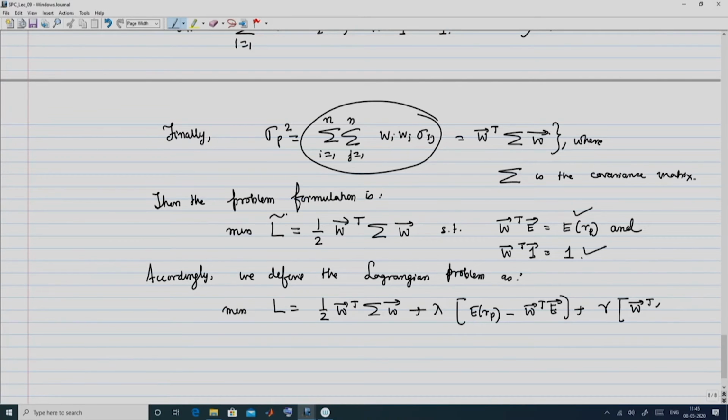So, this is W transpose 1. So, this actually should be 1 minus W transpose vector 1. So, for minimization,